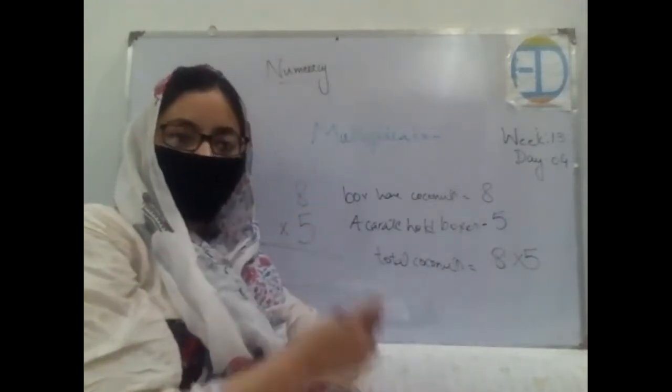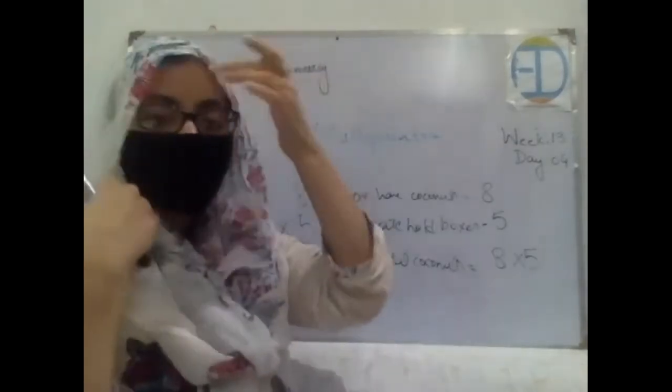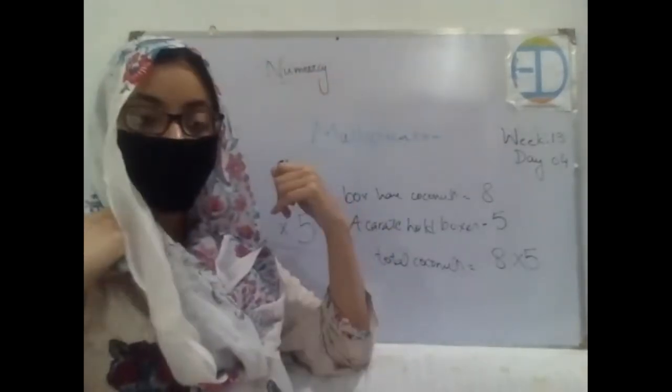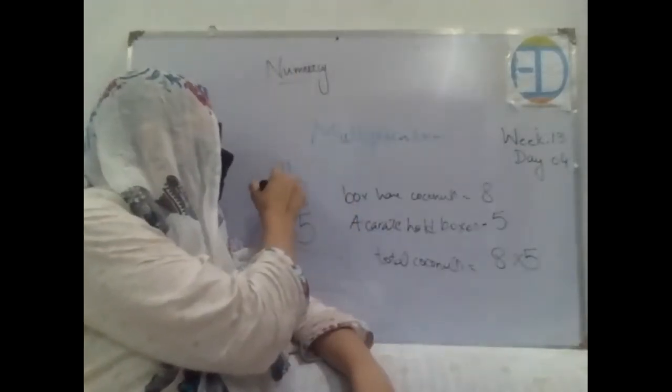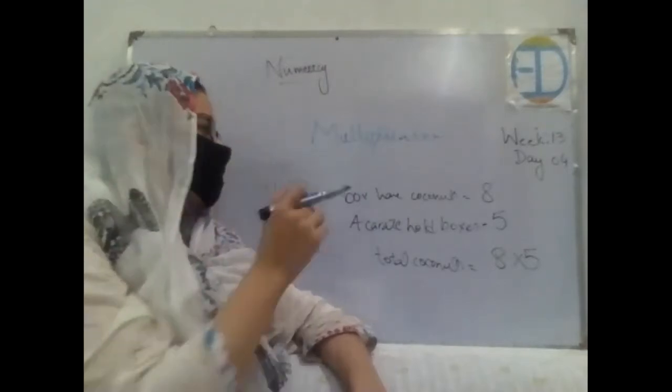Now how many of you remember it? How many of you know it already, that 8 cross 5 is? Okay, if somebody of you doesn't know, we will follow the same practice that we have learned, that I'll be drawing 8 lines over here, right? Then count these 8 lines 5 times.